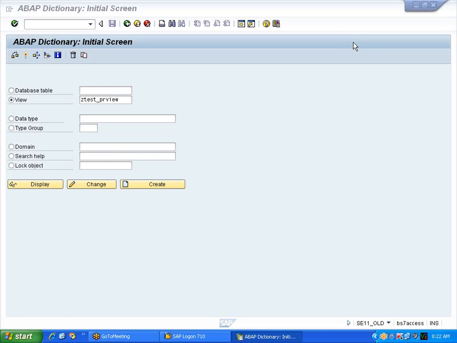Go to the SE11 transaction, the ABAP data dictionary, select the radio button for views here, and provide some name which is starting with